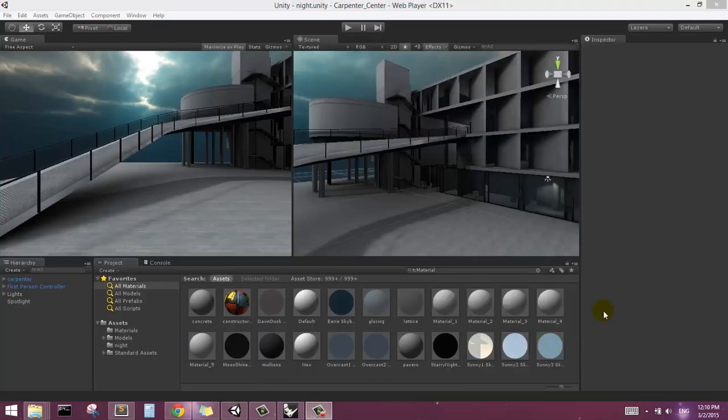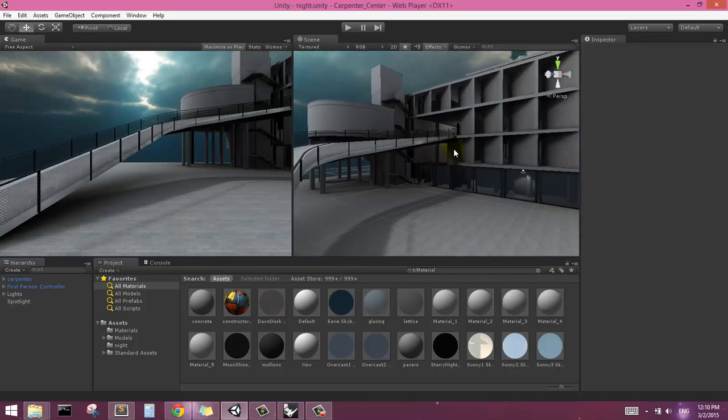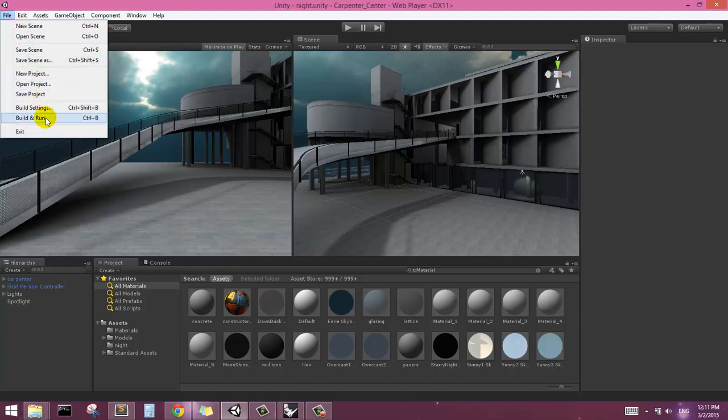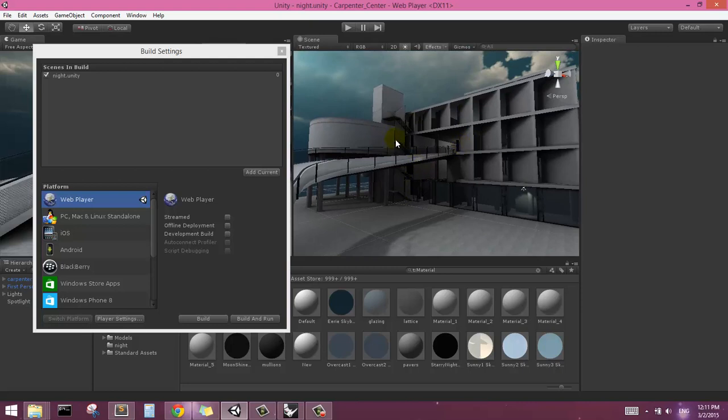So as a very important conclusion to all this, we're going to build and run the game file. So basically taking this out of Unity and putting it into a format where other people can experience it, which is ultimately the point of all this, I guess. So if we go to File, and then we can go to Build Settings. Under Scenes in Build, it's important that we add the current scene, which is just called Night. That turned out to be not totally night-like, but